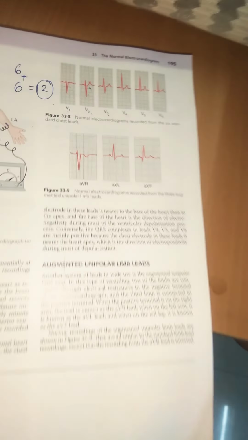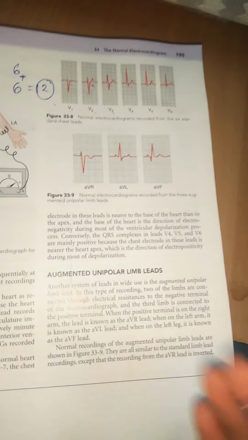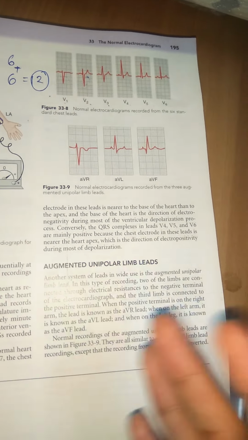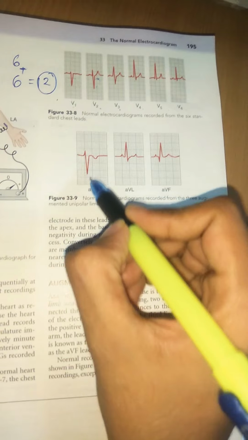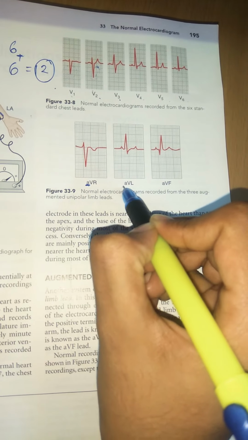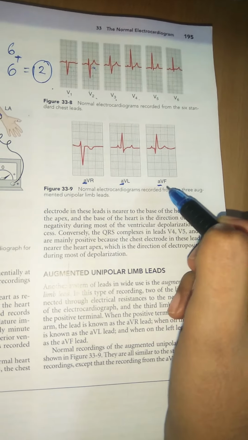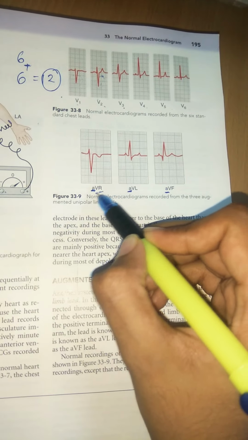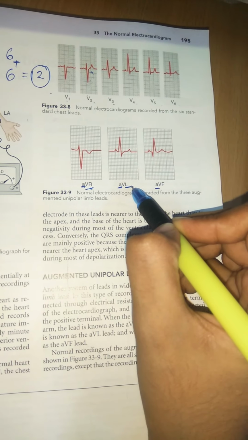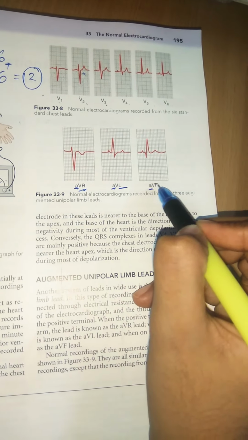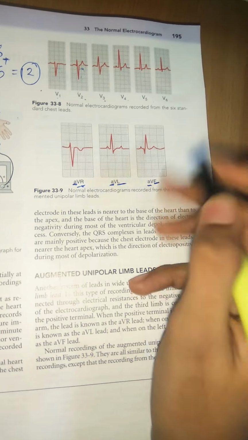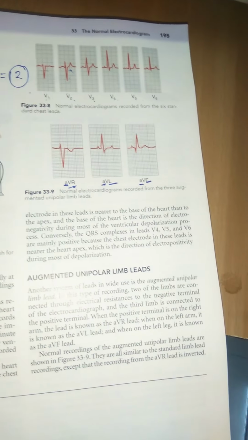And next, coming to augmented unipolar limb leads. So we already completed our bipolar limb leads. Now we are going to see augmented. Augmented is nothing but they are having a higher potential when compared with the normal leads. And here you can see we just use the letter A in the case of augmented limb leads. Here VR means it is placed on the right arm, VL means it's placed on the left arm, and VF means it is placed on the foot. So by these three we can find out the ECG.